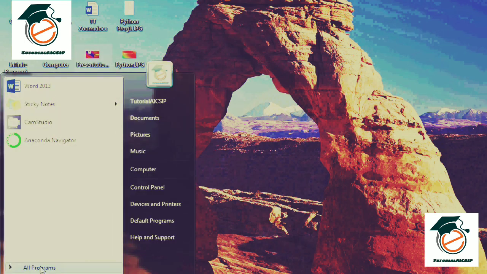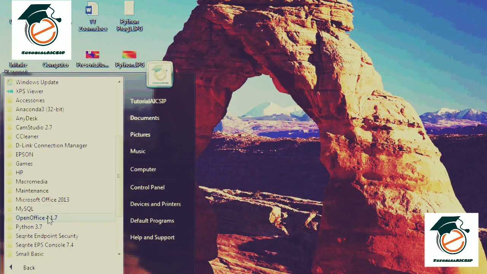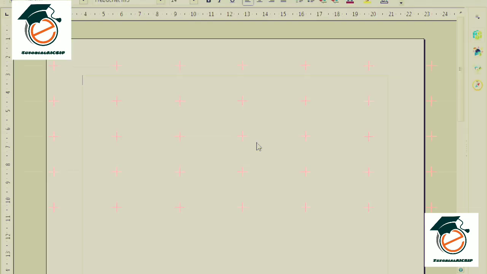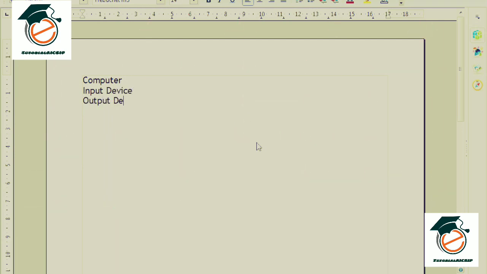Open OpenOffice Writer from the start menu. Now as I said, first we need to create different headings. So I am creating headings here. Input device, output device. In input device, keyboard, mouse, scanner. In keyboard,